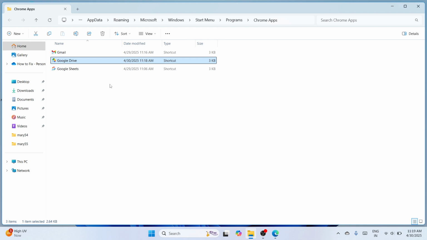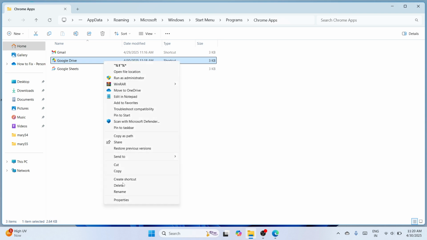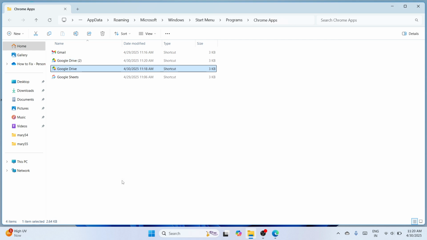The next step that we need to do is make a right click here. Okay. And you need to scroll down and go with this option called Show More Options. In that way, you'll be able to see this option, which is Create Shortcut. Click on it and you'll be able to create a shortcut